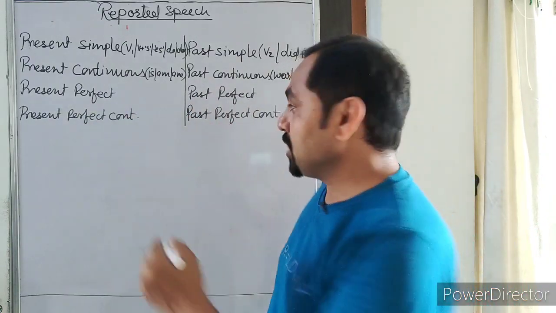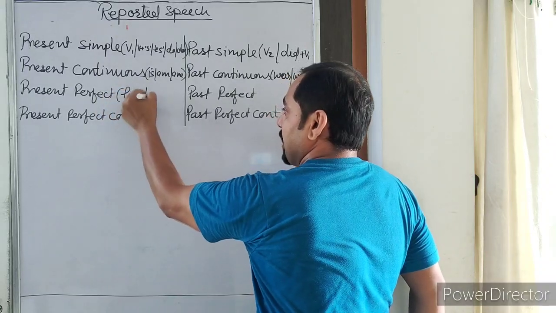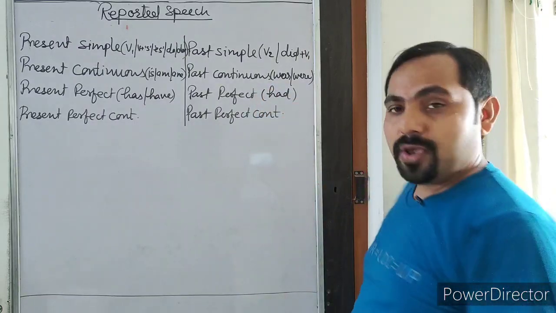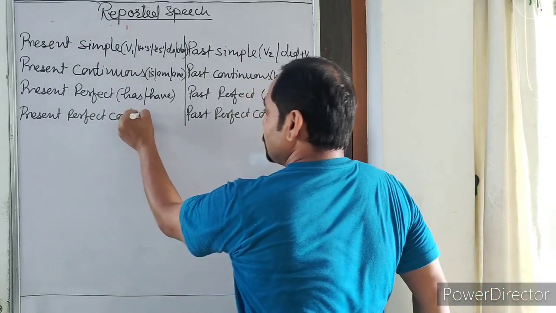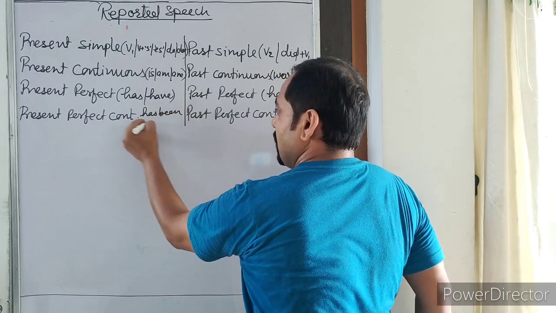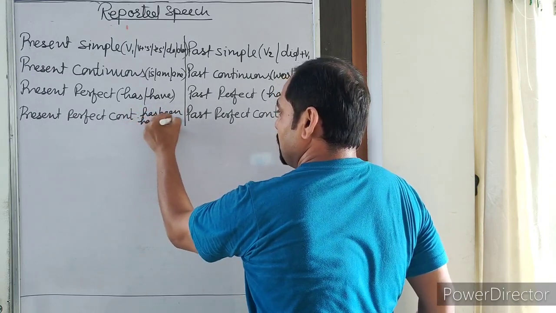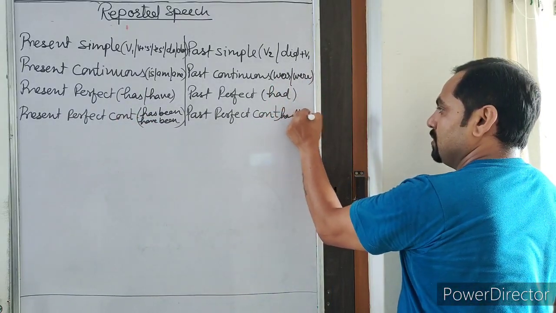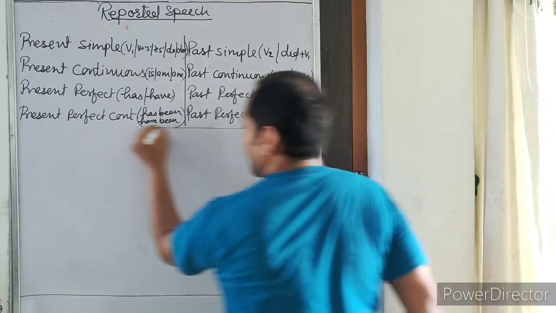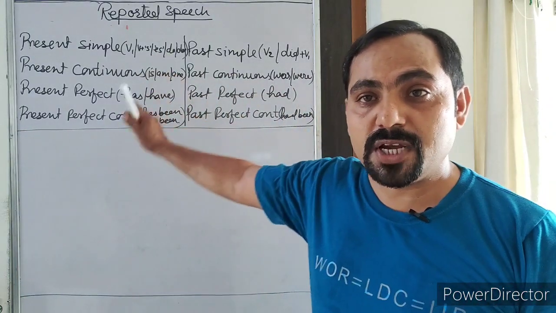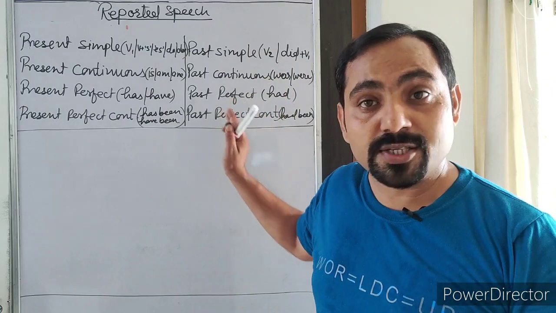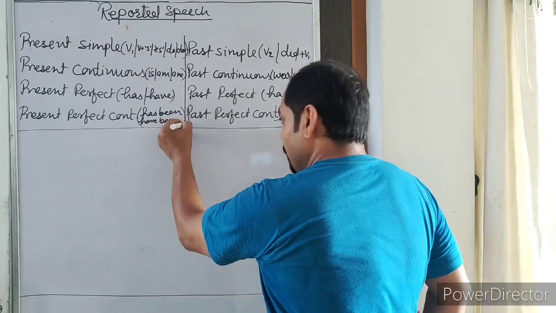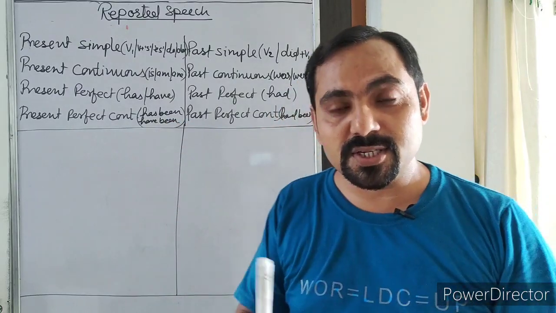Similarly, present perfect will become past perfect. For example, if we are using has or have, it will become had. And similarly here, if we are using has been or have been, then it will become had been. Okay, so this way all present will become past. It does not mean that if past comes, you will change it to present, right? So now what will happen if past tenses come